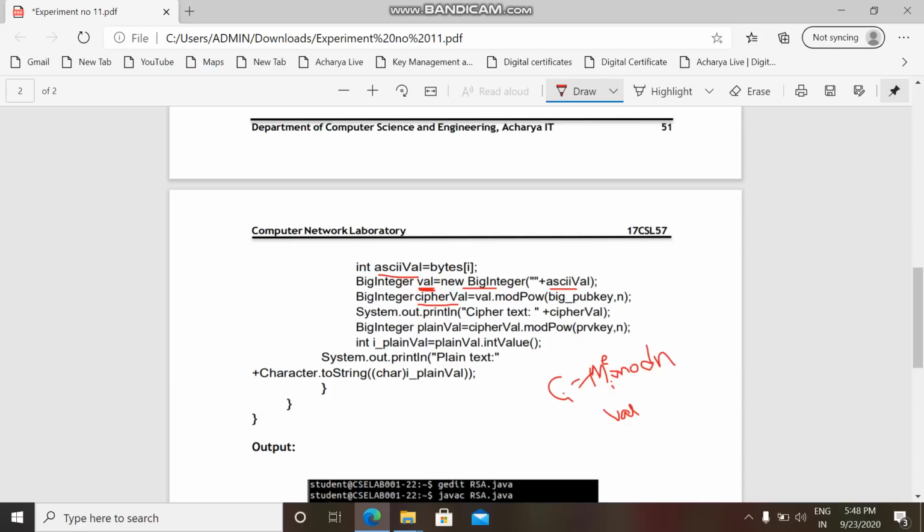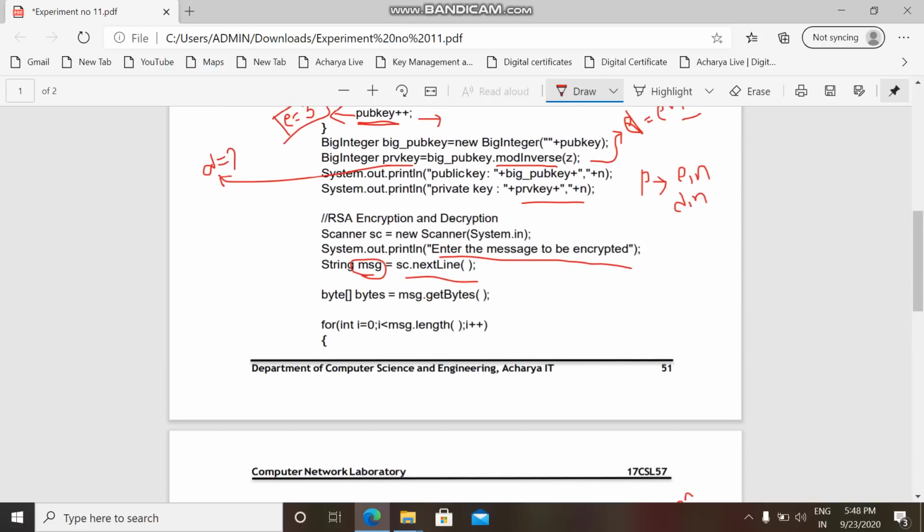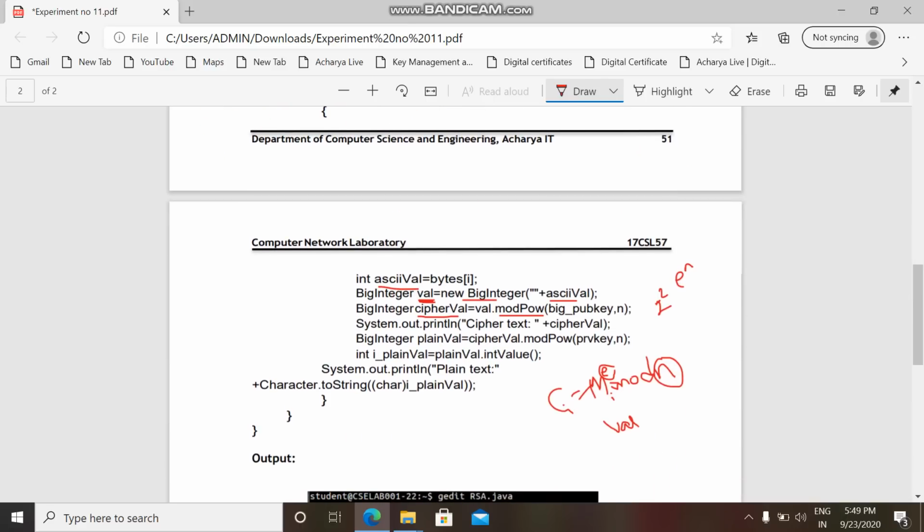Now I need to compute the ciphertext. What is the ciphertext value? How do you perform 2 power 2? You use a power function. Similarly, we use modPow, which is a built-in function, for e and n. This is the public key. E is the public key, a big integer here, and n is also a big integer.